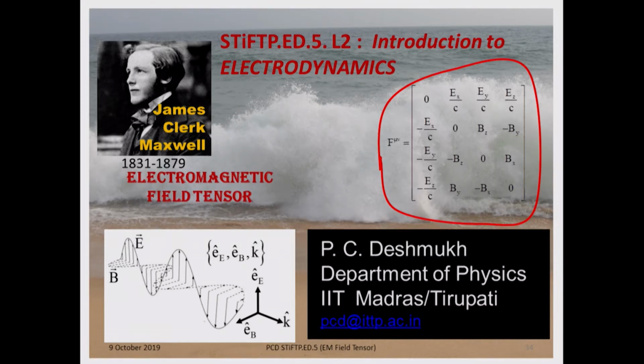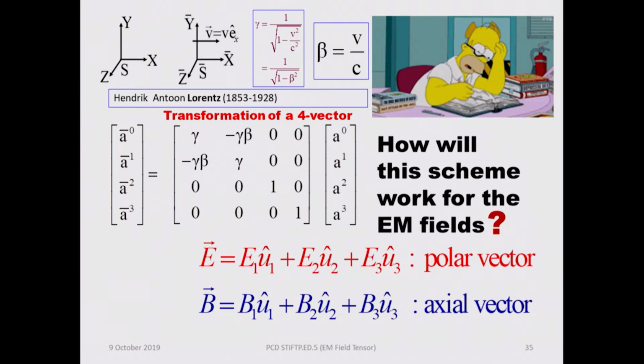Greetings. So, we are discussing the electromagnetic field, and the question we stopped at in the previous class was this: that we know how to transform 4 components of a vector from one 4-dimensional flat space, the space-time continuum flat space of the special theory of relativity, and that law of transformation,